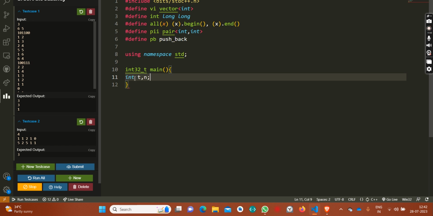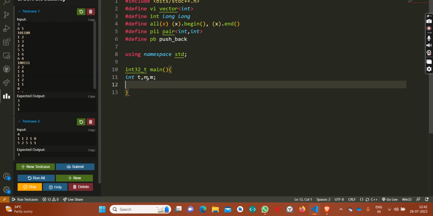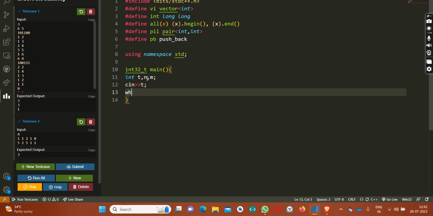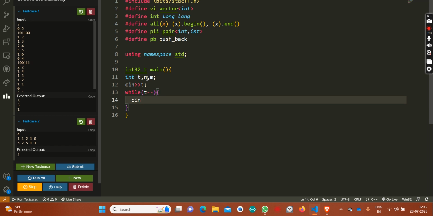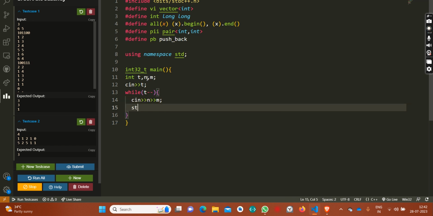I will first of all take the input. I have already taken the test cases here, n comma n. Now I will take the test cases. Now while t minus minus, cin n comma m, then I will take this input string s,